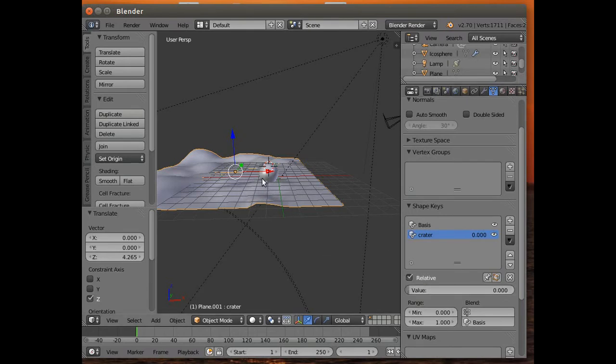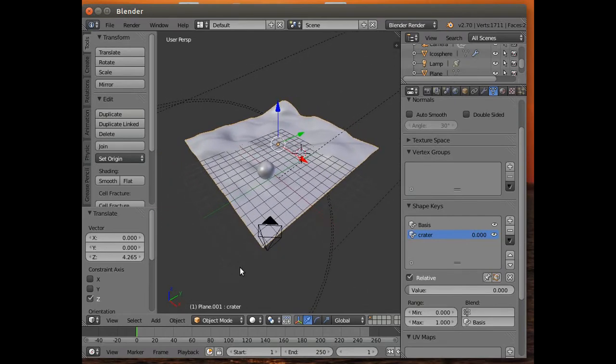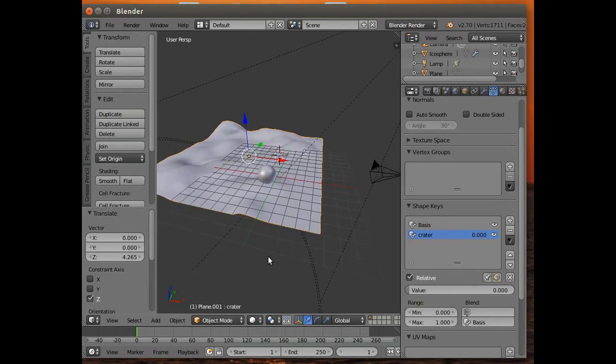That's it. Okay. So now what we need to do is animate it so the crater appears when the object explodes. Do you remember I said, well, I think it was 25. Yeah, it explodes at 25. So we want the crater to finish appearing at probably around about 30, and start appearing at